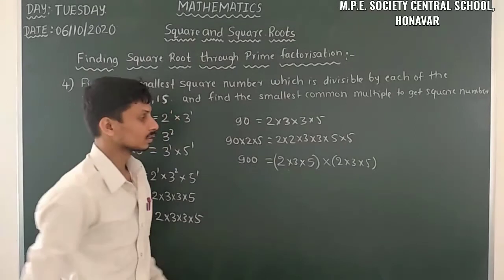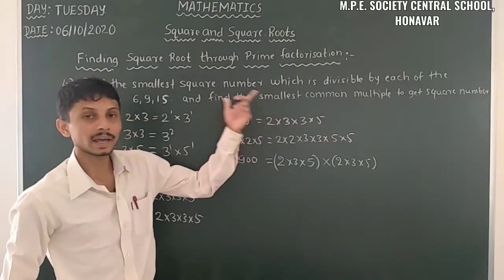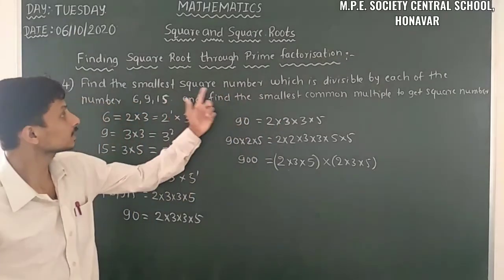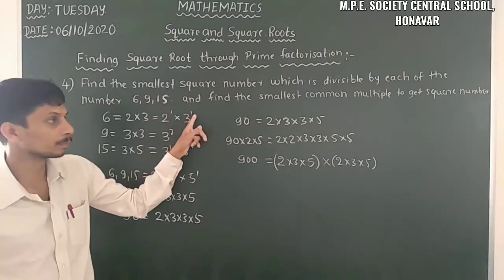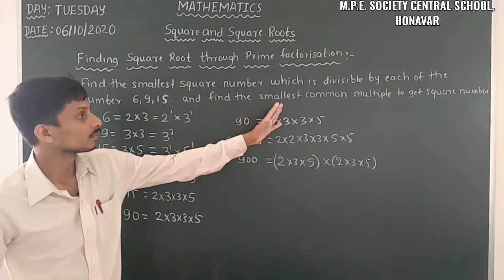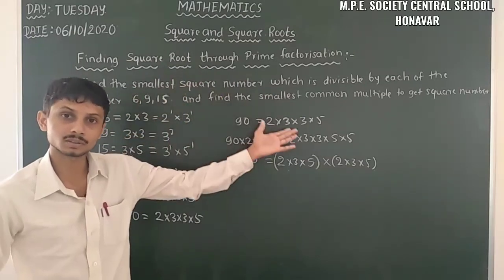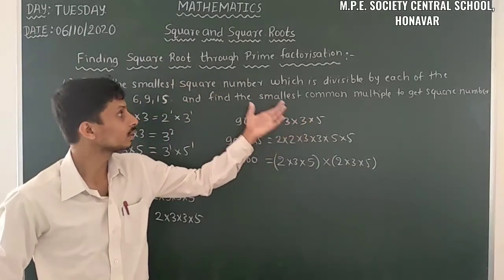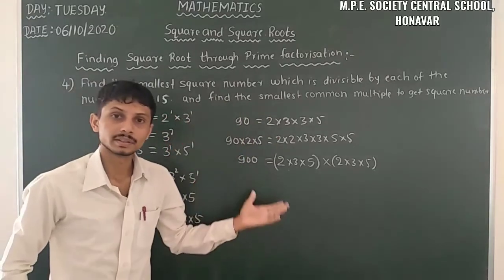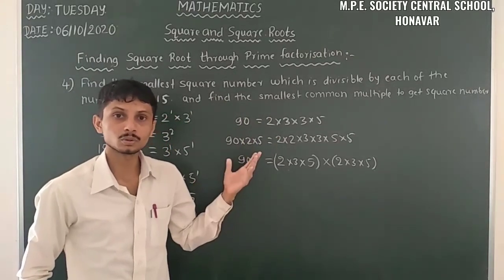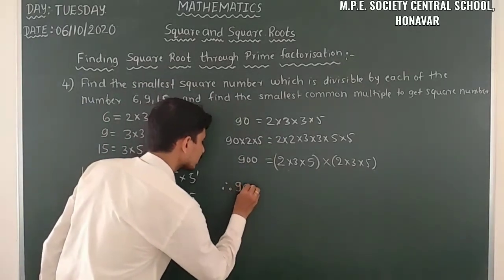That means 900 is the square number. 900 is the smallest square number which is divisible by each of the numbers 6, 9 and 15, and the smallest multiplier to get the smallest square number is 2 into 5 is equal to 10. So therefore 900 is